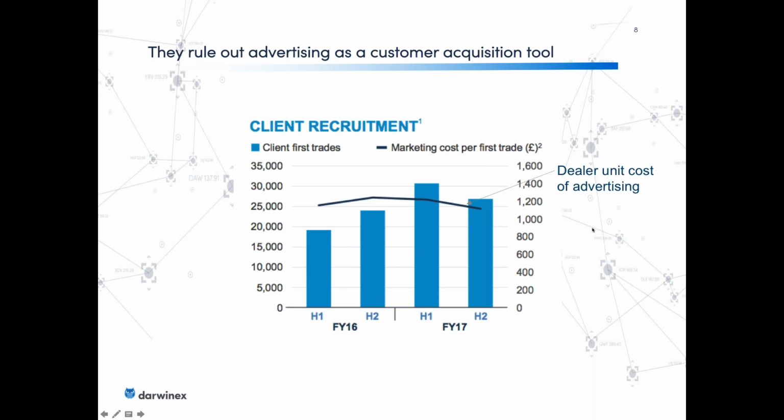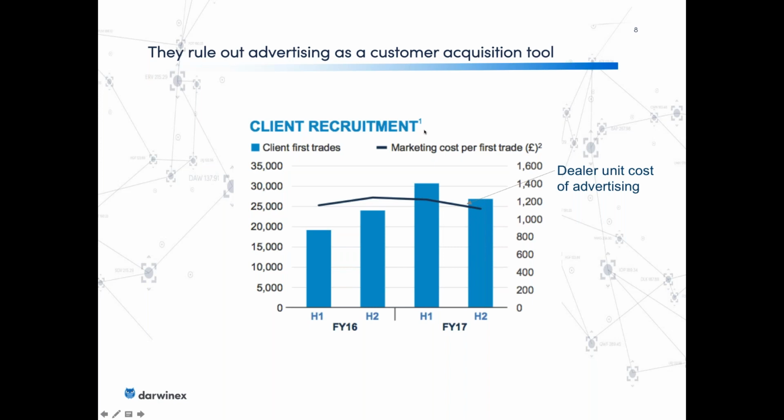I'm used to the sector now, but 3-4 years ago when I first came into it, that number was mind boggling. So the big household names that you all know about that are doing the advertising are spending 1,200 and more pounds to get one guy to the first trade. And unfortunately, because they're making twice as much as we do, that basically means we could spend at best £600 to get a customer in the door, and because we can't spend more than that, we can't advertise, and that's why not so many people know about Darwinics.